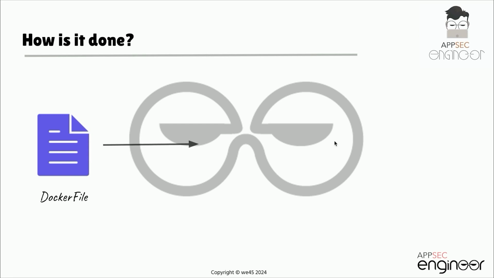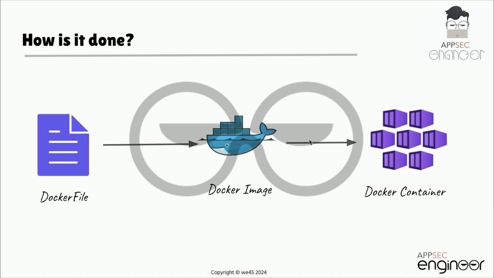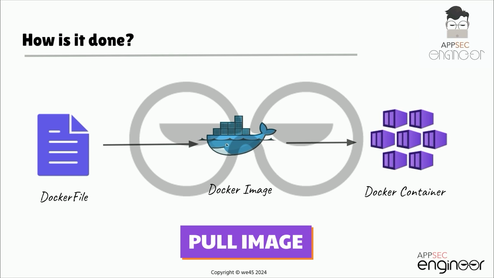Once done, we are going to build the image. That is, using the docker build command, Docker reads the Dockerfile and creates an image. So the image is a snapshot of the application and its dependencies at a particular point in time. Once you build the application, you are supposed to distribute it. So for distribution, we have two types. One is the pull image and one is the push image.